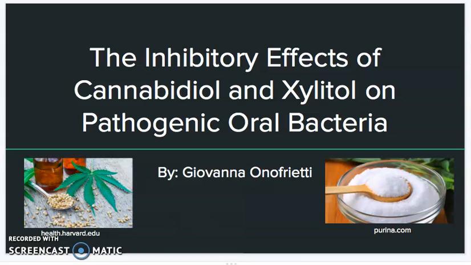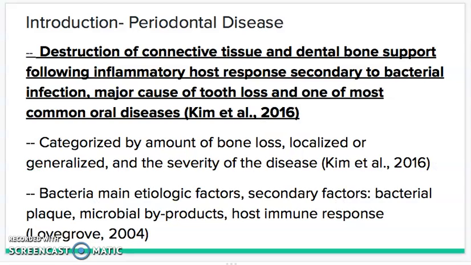My science research was on the inhibitory effects of cannabidiol and xylitol on pathogenic oral bacteria. So in my introduction, first off, we have periodontal disease. Now, periodontal disease is the destruction of connective tissue and dental bone support, and it has many inflammatory host responses